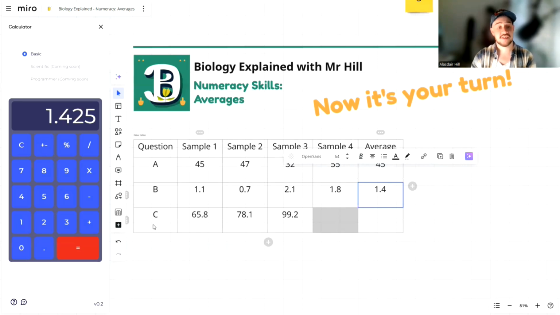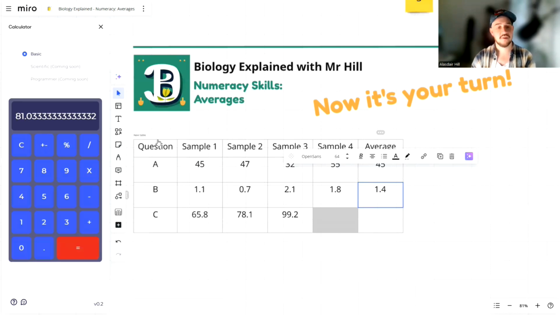Last but not least, we've got sample set C. So let me clear our calculator and add these numbers together. So we've got 65.8, we've got 78.1, and we've got 99.2. The total there is 243.0999999. Okay, so we're then going to divide that by 3, because there are only 3 values in this sample set. And that gives us a final total of